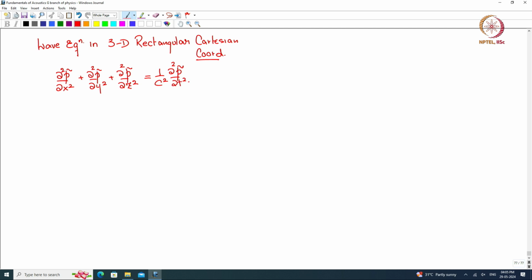Okay. We will be looking at a rectangular box in Cartesian coordinates. These walls are rigid, and it is going to be driven by some initial conditions. The sound field inside will be driven by initial conditions. So we will look at this situation, and we start by the method of